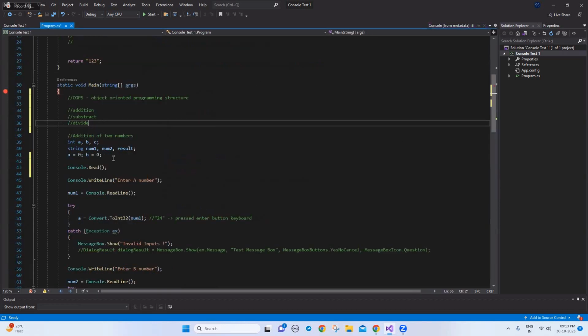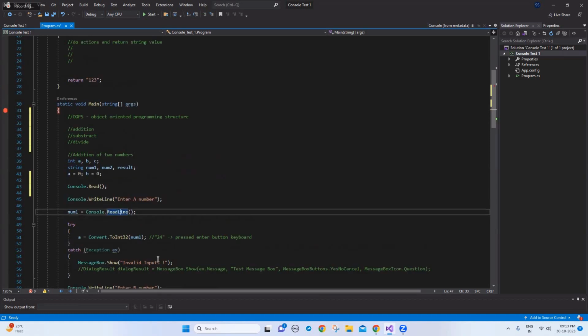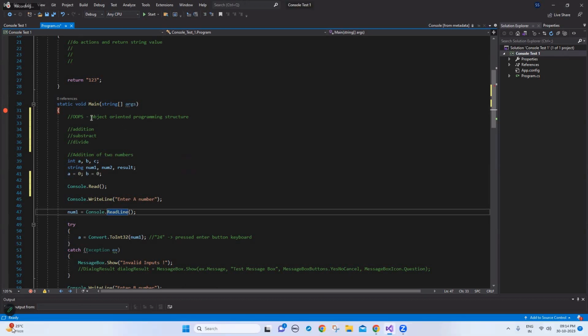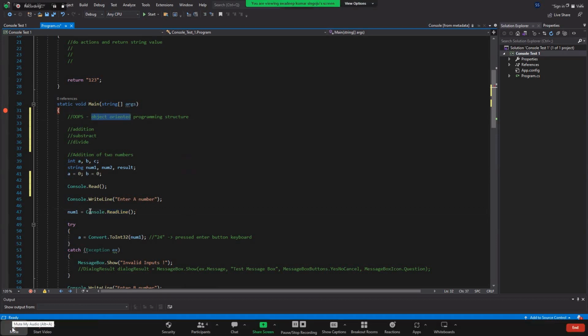See here. I'm using WriteLine, I'm using ReadLine, I'm using something else, whatever I want. I'm using whatever method I want in my own wish, right? So the same way, object-oriented programming is nothing but if this is an object,